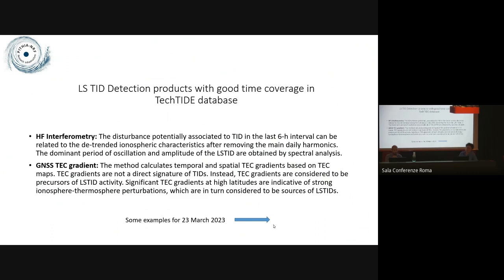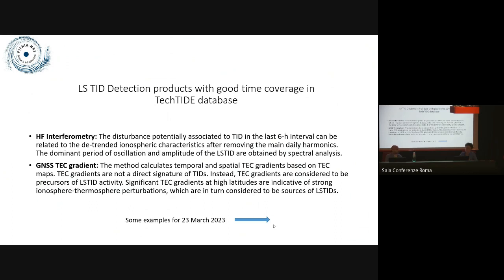Okay, I would like now to summarize regarding TIDs. In TechTide, I would recommend, if you want to use methodologies available in TechTide, to focus for your exercise on two methods, the HF interferometry and the GNSS TEC gradient. Why? Because these methods have the most complete archive. So if you want to search the TID database and search for archive data, these methods are most likely to give you